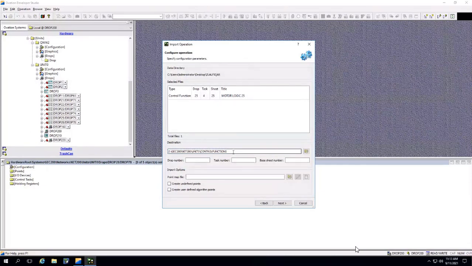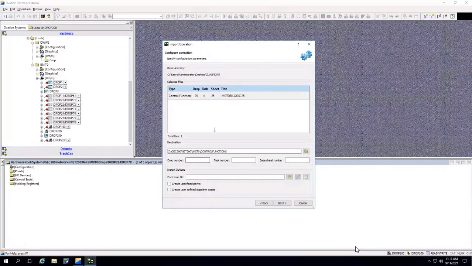Give the destination. If you want to keep the specification as it is, drop number, task number, sheet number, don't give anything over here. Or when you want to change your drop number, task number or sheet number, in that case you can give these values over here.